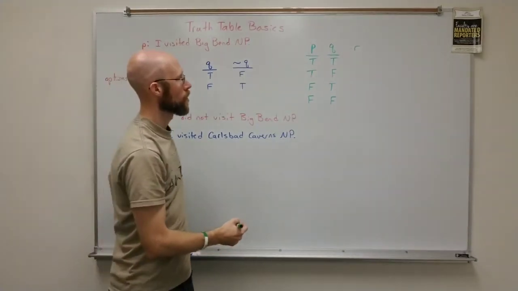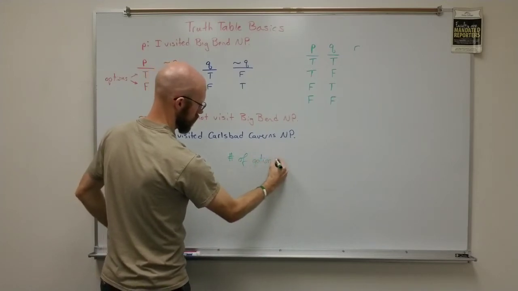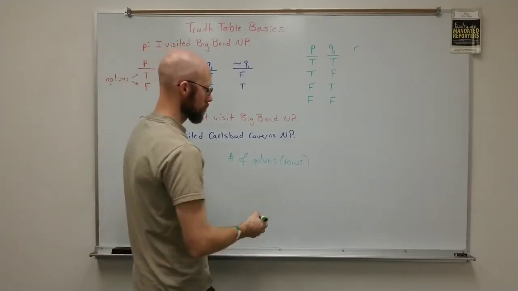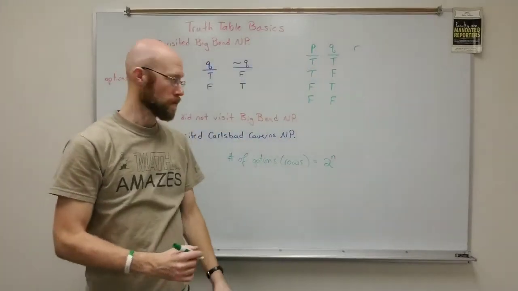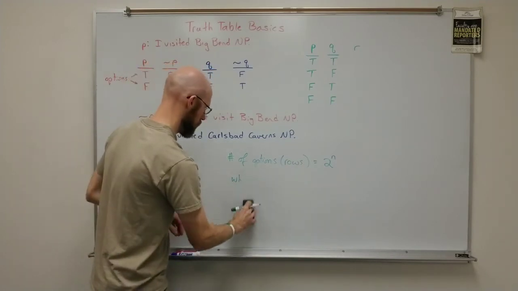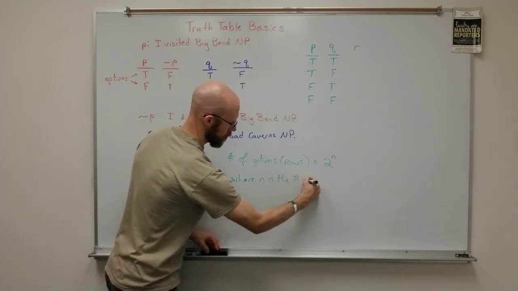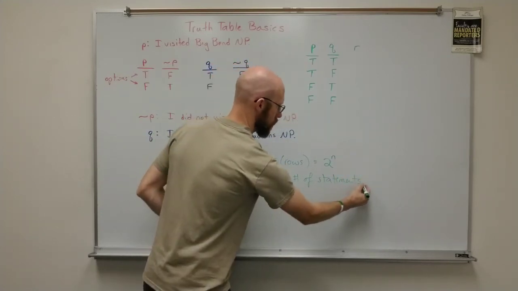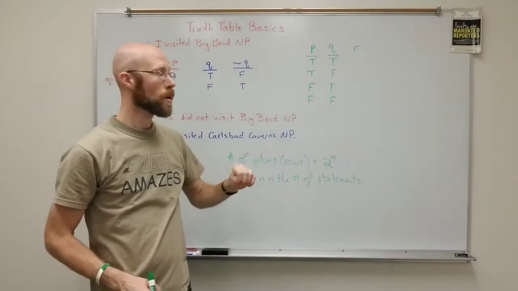And so what you end up with, the number of options, or you could just simply say rows in the table, will be equal to 2 to the n power, where n is the number of simple statements. Where n is the number of statements, okay? So here I've got 2 statements, so 2 to the 2 power is 4, and that gives us